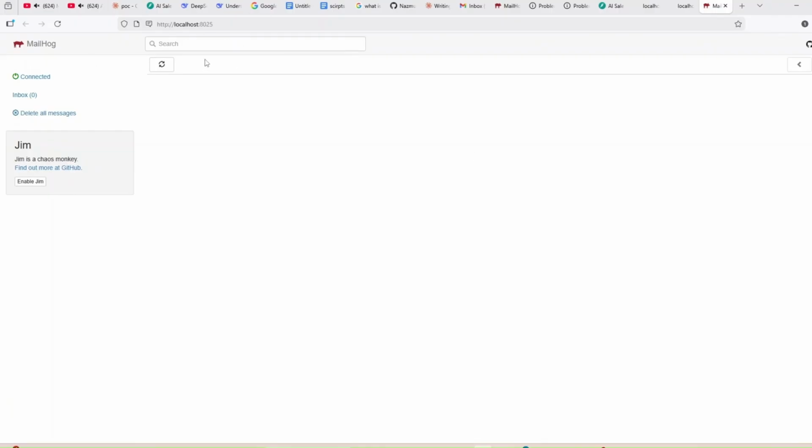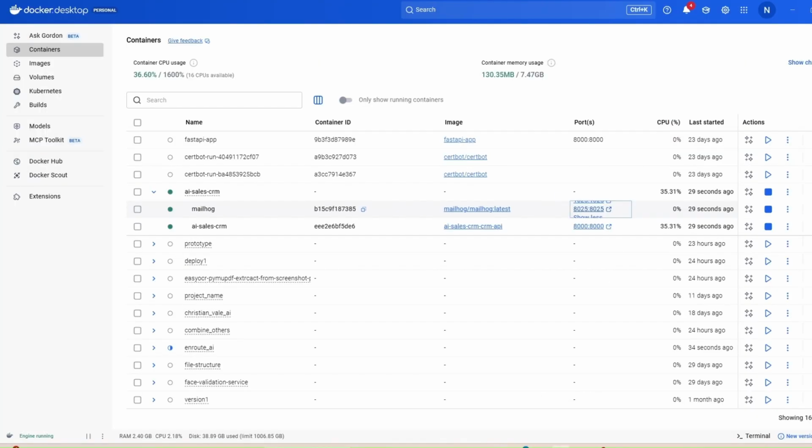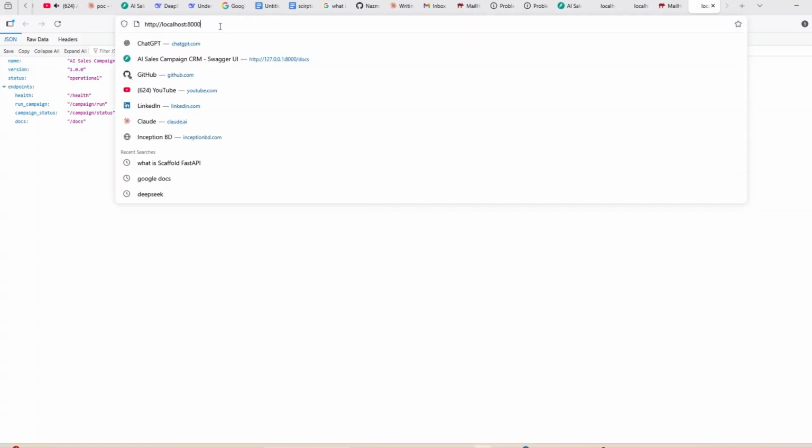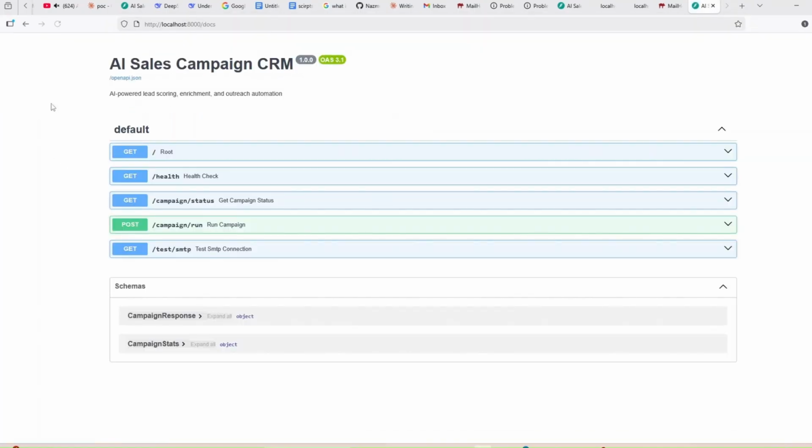But when we run the campaign, the emails will be sent to MailHog and we can check them there. You can see my FastAPI endpoint is mentioned here on port 8000. Our FastAPI endpoint is live now, and if we go to /docs, we are in the Swagger UI, where we can check whether our endpoints work or not.